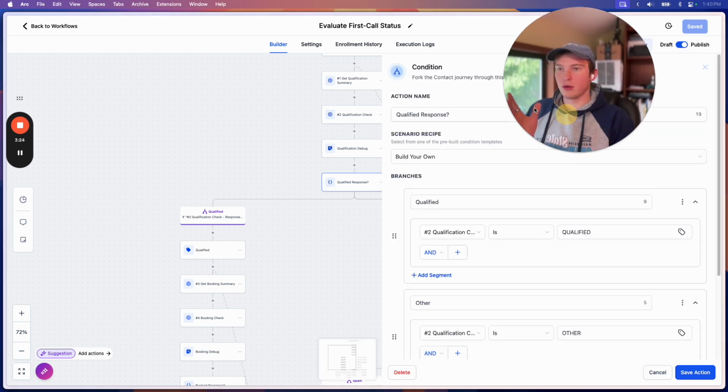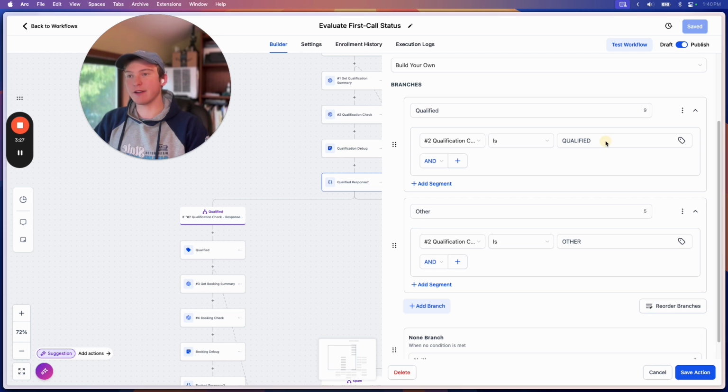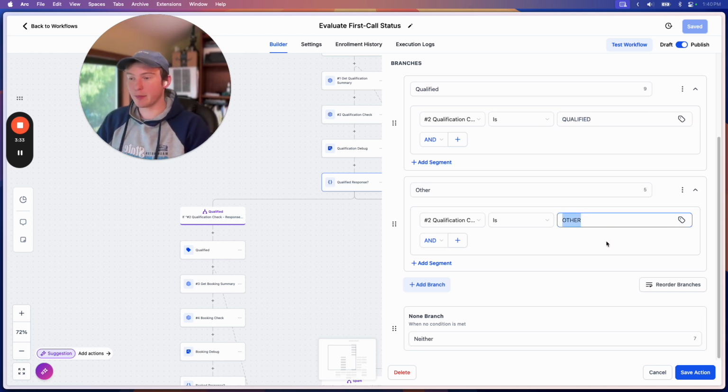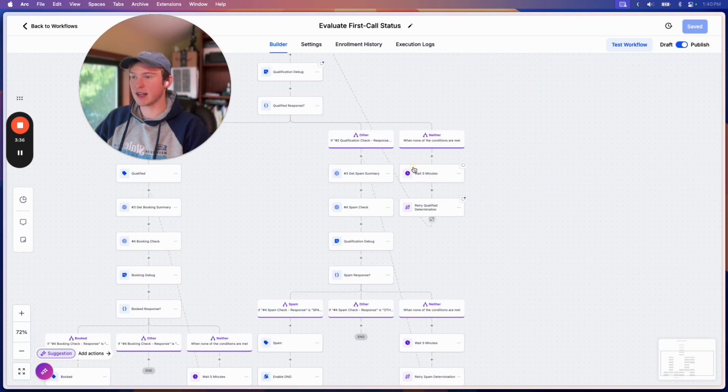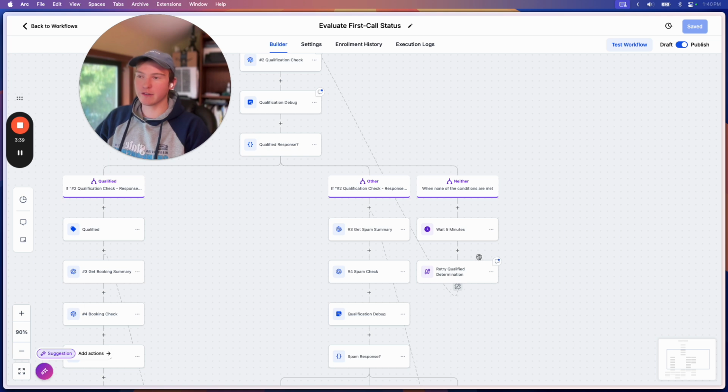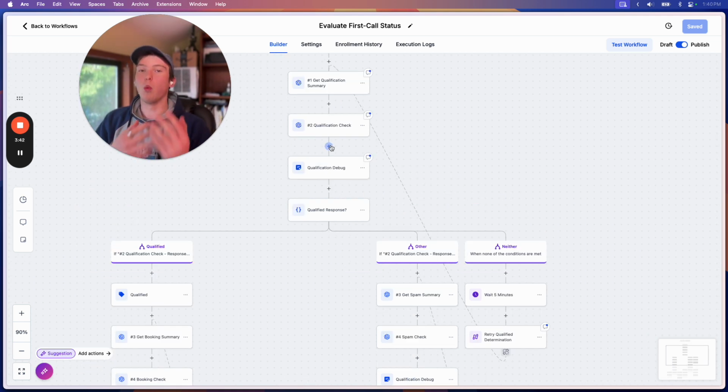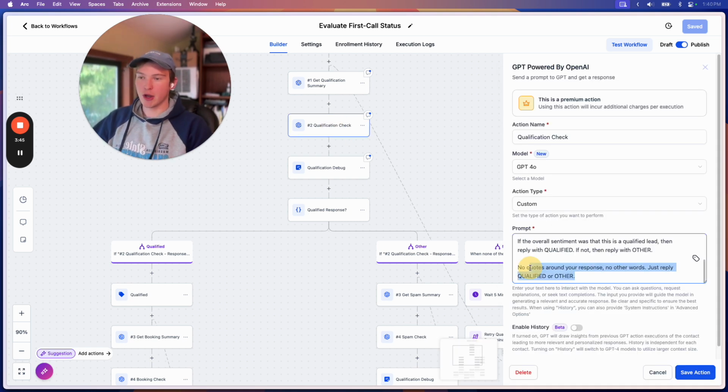And so from there, now that we have a one-word response, we can feed it into our next step. So if they're qualified, they're going to go down our first path. If it's other, we have a separate path for that. And then if it's neither, let me just show you this. This is another trick you can do in your AI workflows, if you're trying to get ChatGPT to output one word at a time. Basically what we're doing here is we're saying no quotes around a response, no other words, just reply this word or this word. Sometimes it's still going to say, based on the summary, it should be qualified. And we could do contains qualified, but in some cases it might say, based on the summary, we can't say qualified. And so you just have to get it to output one or the other.